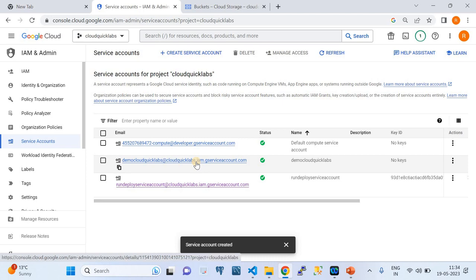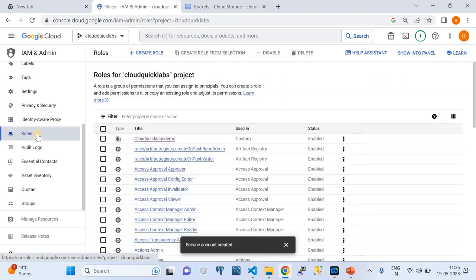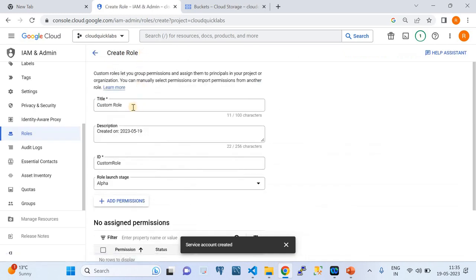So this is one part of the task. Now a service account is nothing but a computer identity or an application identity. Now to that identity you need to provide the permissions. Those permissions can be given in a very dedicated way. For that, we need to create a role, that is an IAM role in Google Cloud, right? So you go to the roles. There is an option on the left hand side, and there is a button called create role. Click on this role and